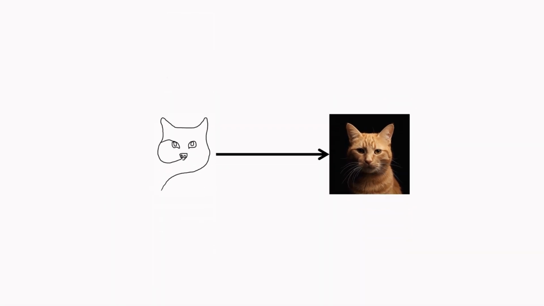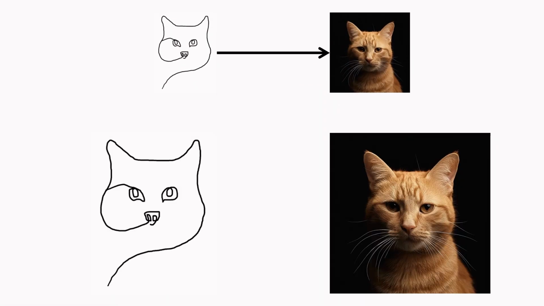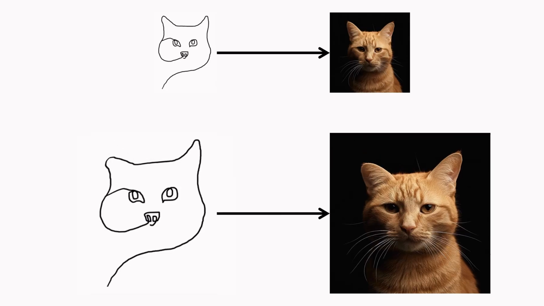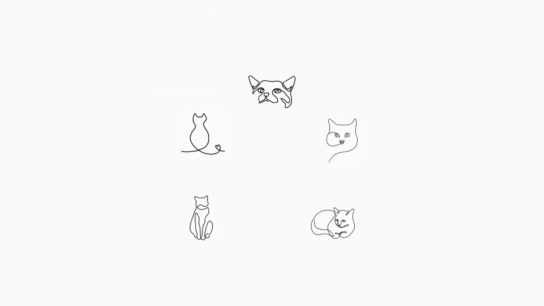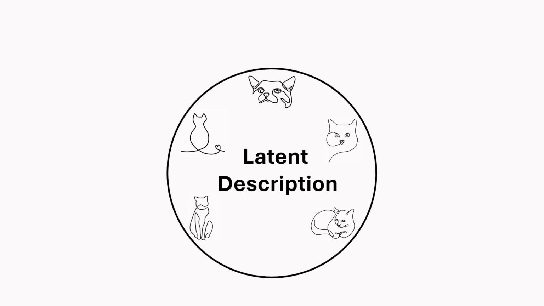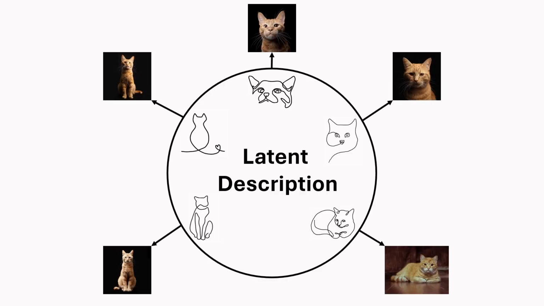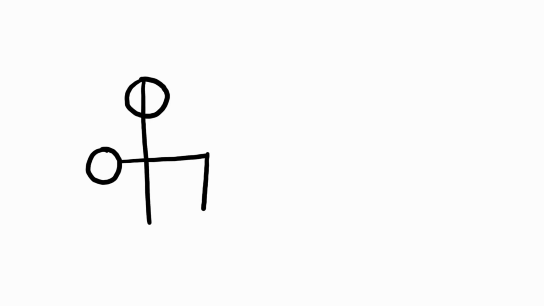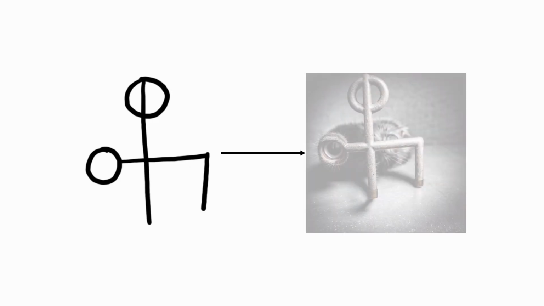Although your scribbles are only a few lines, they express the essence of the image you want. Vi pays close attention to your lines and depends on them for guidance. Any small change to a line results in some change to the image. Each scribble is a latent description of a cat. Latent means hidden, potential, or undeveloped. You scribble a potential cat, and Vi turns this into a detailed cat image. But if your scribble doesn't describe a cat, Vi won't know what to do with it.